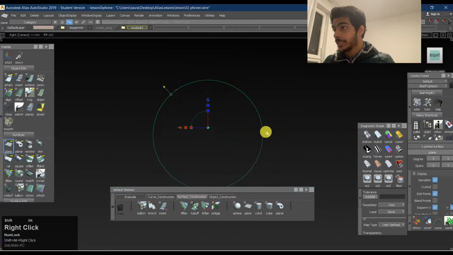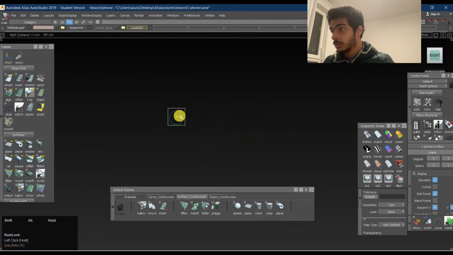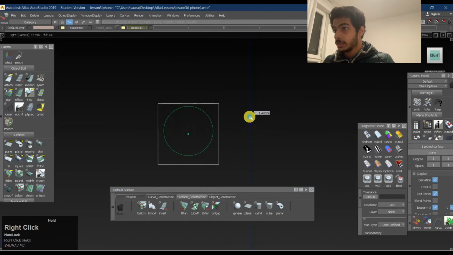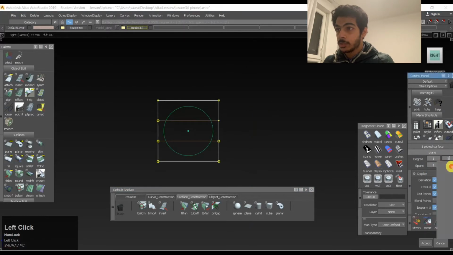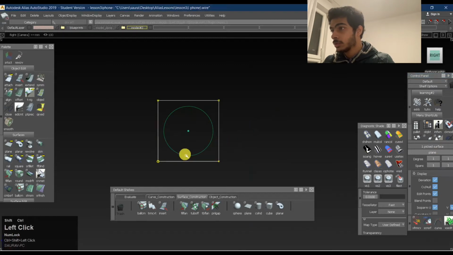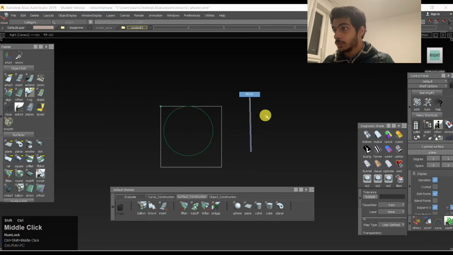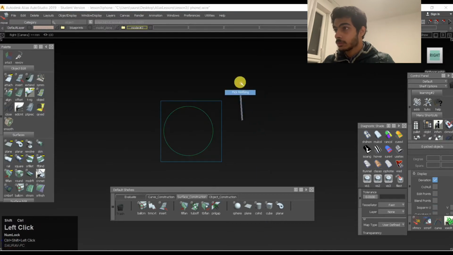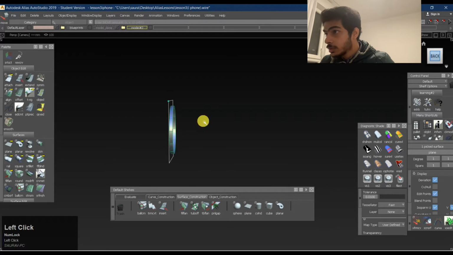Just place a plane over here. It's always going to be a 3x3 plane, so we'll make it a 1x1. Move the pivot to this, move it over here, and something like this. This works.